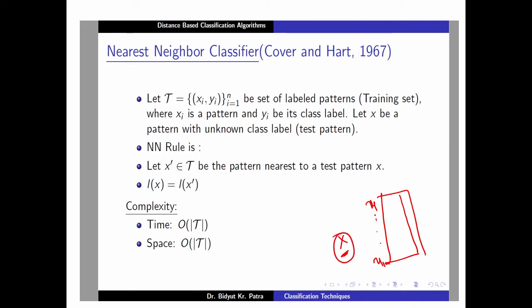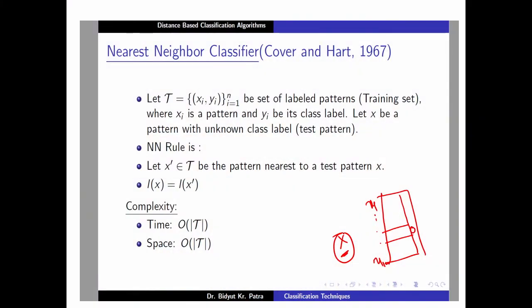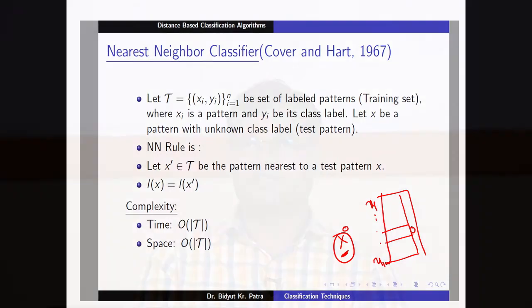You got my point? You identify an object which is closest to the unseen object, and you see the class level of the closest point, because you are finding this object from the training data set. So, it must have a class level, let us say 0. Then the unseen object's class level also will be 0. In other words, sometimes people say you can be identified by the company with whom you are roaming. That judges your characteristics and so on.